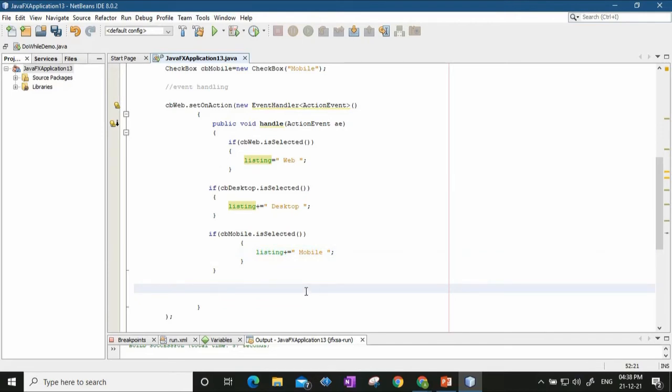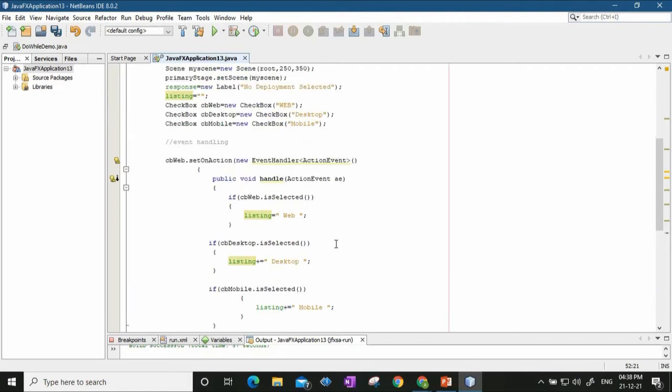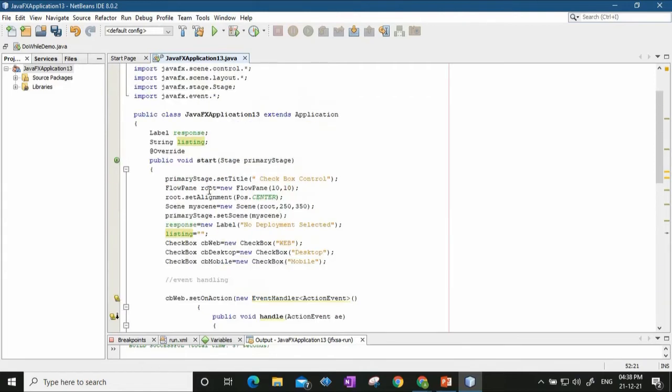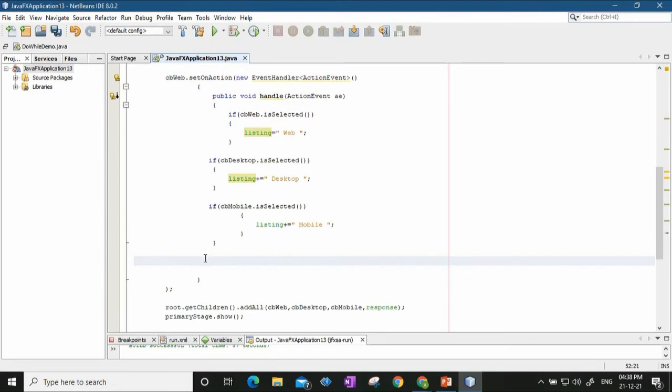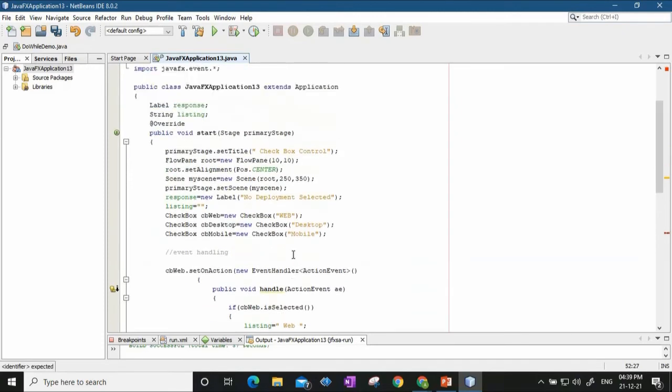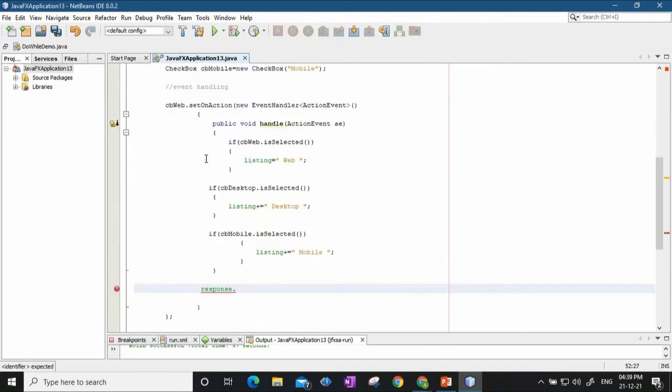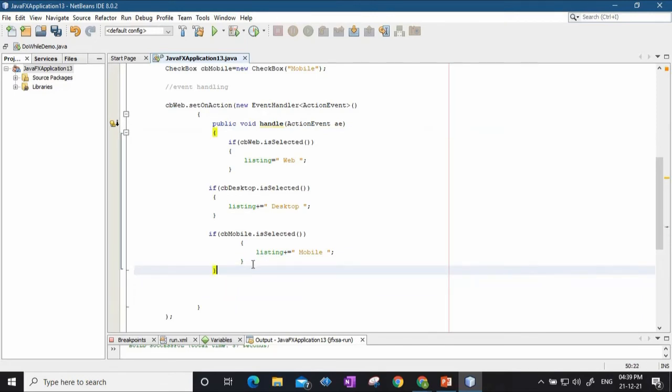Fine, and now you have to set the text, that is the response label. I have to set some value, so I'll say response dot, okay, this should be within the handle, so this is the bracket of the handle, so I will write the code here.